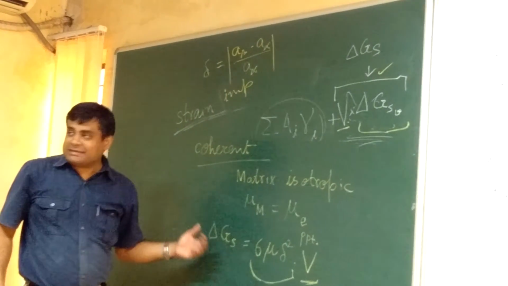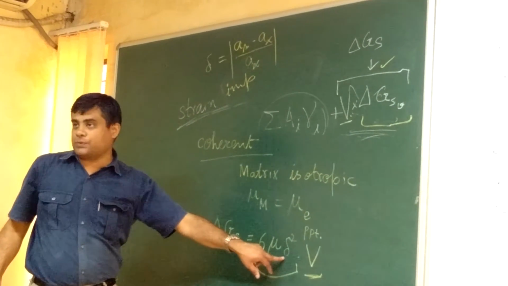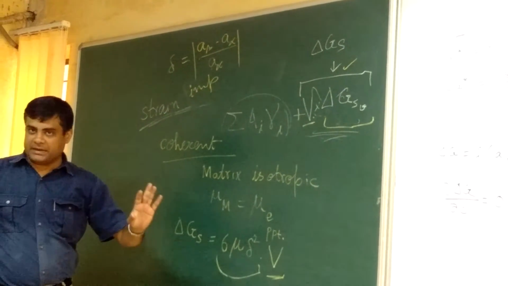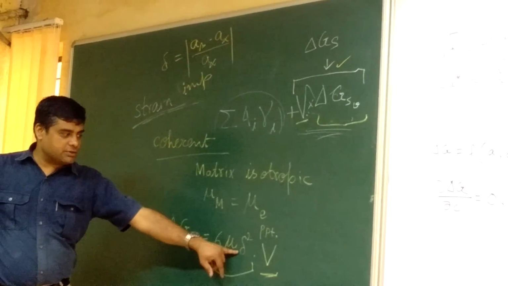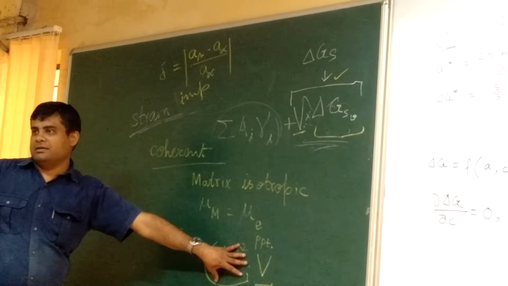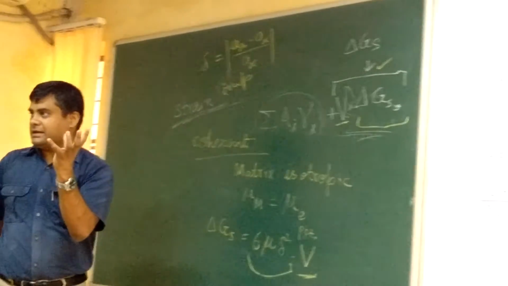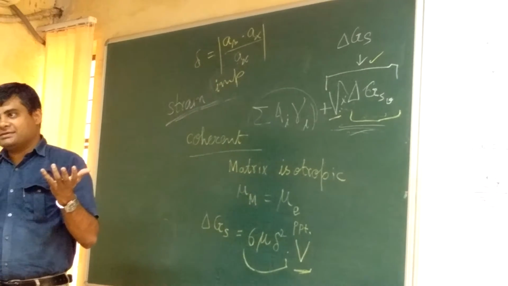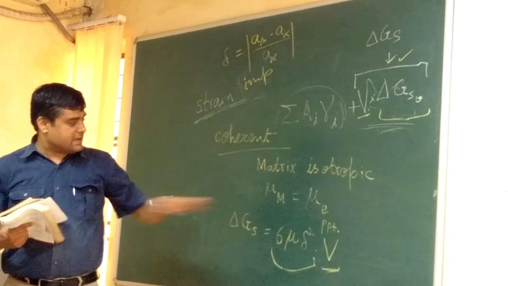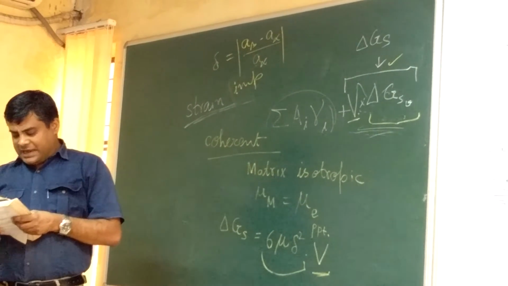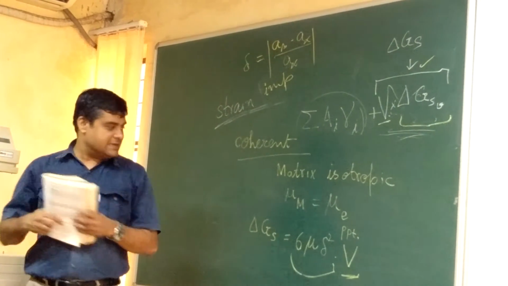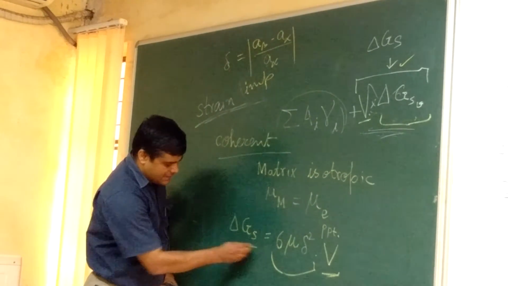So this strain energy is proportional to delta square, like for incoherent precipitate. Here also it is proportional to delta square, and also the strain energy is always proportional to V. Bigger size particle will have higher strain energy. If this is the case, then your delta GS is independent of the shape of the precipitate. Delta GS, the strain energy, does not